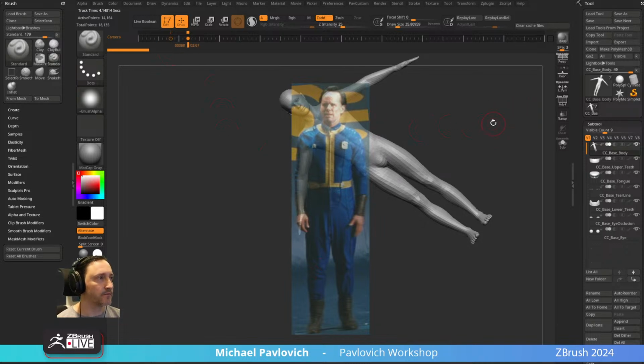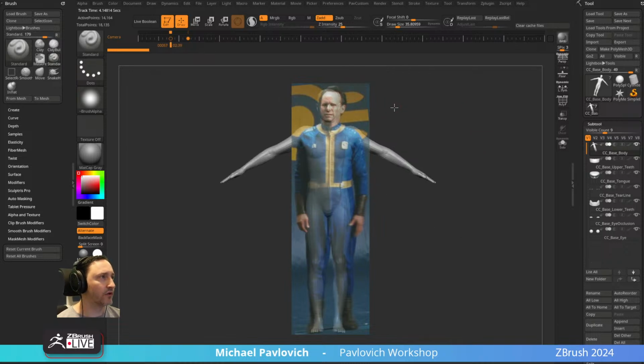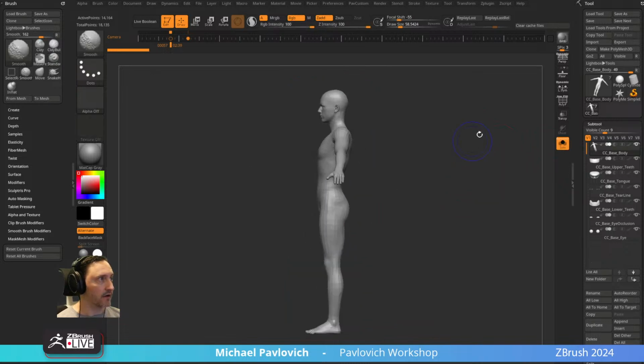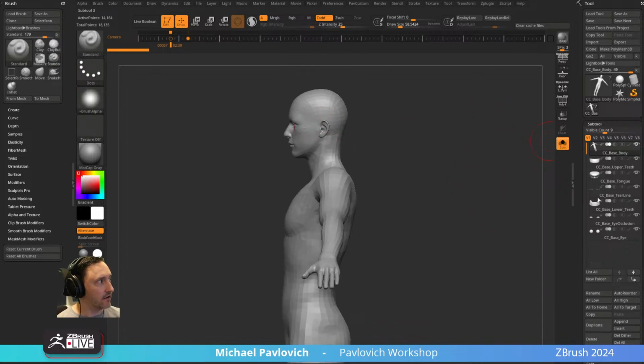So we'll put another dot in there. The other thing we want to do is, if we're doing a full body, I'm not overly concerned about the head being the perfect size, but we probably want to match it a little bit, right? So to move the head along with all this other